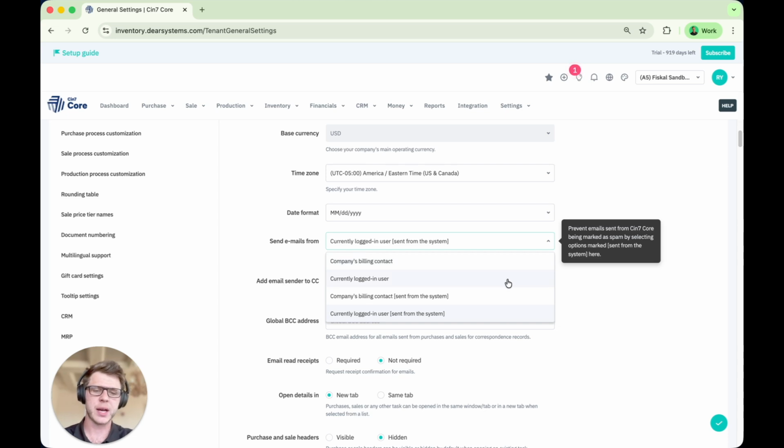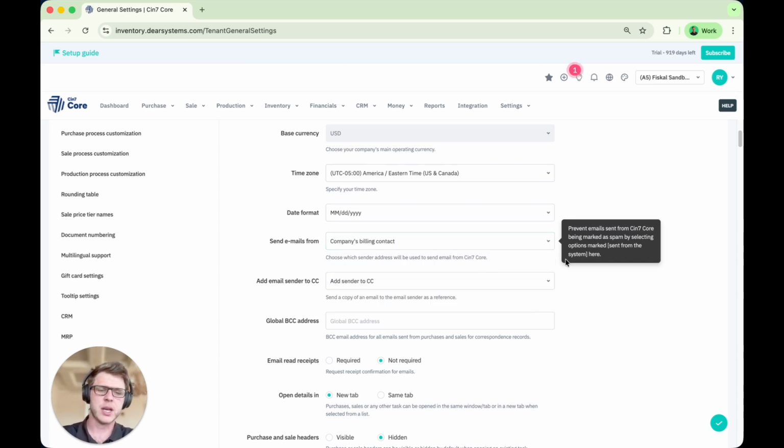If the billing contact is accounts@fiscal.com and I select this, it'll always send from that account. However, if the default is set to accounts@fiscal, but I'm logged in as operations@fiscal, then it will be sent from